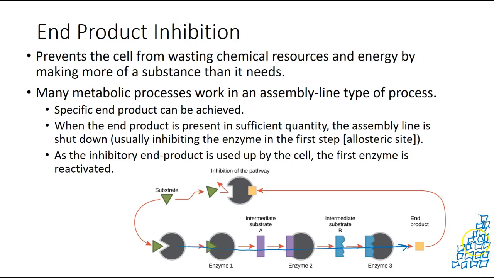It doesn't need to keep making these because we already have a year's supply of this end product, or a large portion of this end product already produced. It's going to cause this end product to inhibit this enzyme, which is the same enzyme here, and therefore inhibiting the start of this metabolic pathway so that this end product is not produced until this